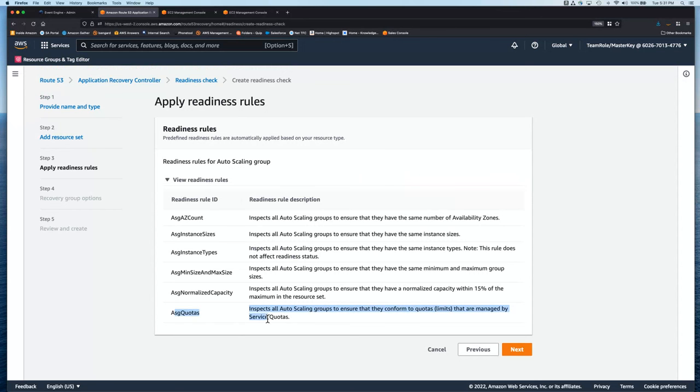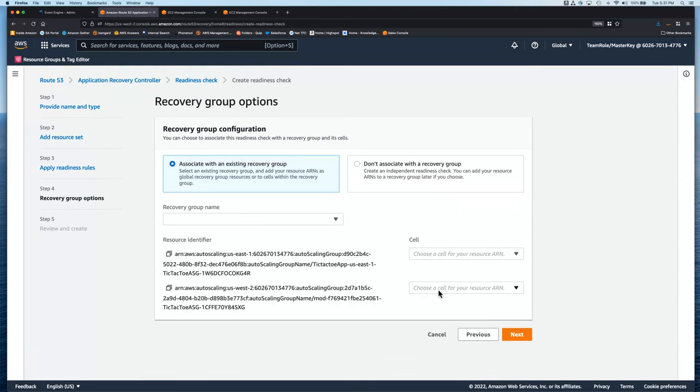And also one important note here, if you look at the last one here, this also checks service quotas. So this could be an important one. If you requested service quota increases, you want to make sure that those are configured in the other region as well. So I'm going to click next here, and now this is where it all comes together.